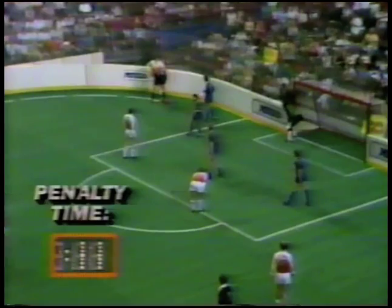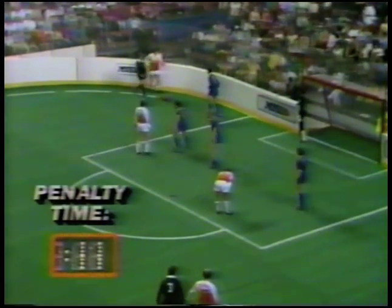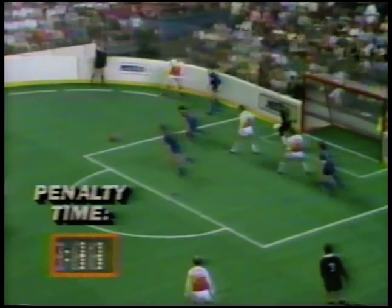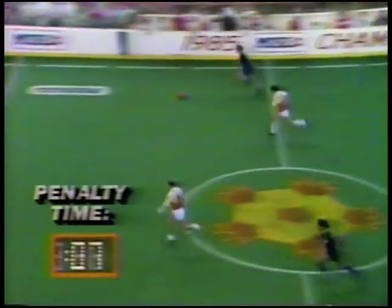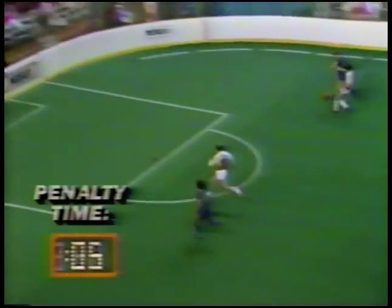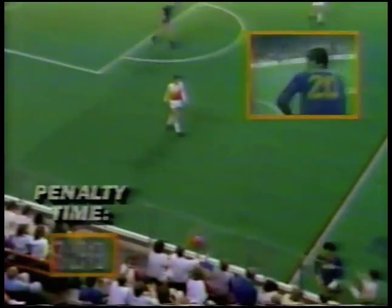The Blast needs to capitalize here. 11 seconds to do it. They trail 8-2. Into Prikazi, and Crow will kill the remainder of the penalty. He may do more than that. Here he comes. Nice job that time by Prikazi getting back to keep him from having an uncontested shot on